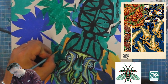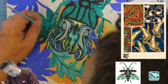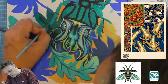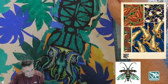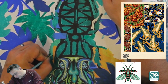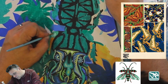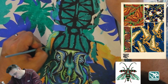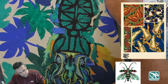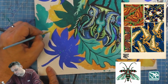So again, here I'm darkening down this green leaf, and you can see how that brings out that little bit of leg from the insect, which in a few minutes I'm going to paint back into and lighten up to give a bit of contrast between the leaf and the leg as well. So there you go. The joins that were originally on the stencil, I removed those and paint over the top, and I'm adding a few details in, then adding a highlight on the leg like I did with the last one, and a bit of colour, and then finally with this leg I do actually outline it, but first we're